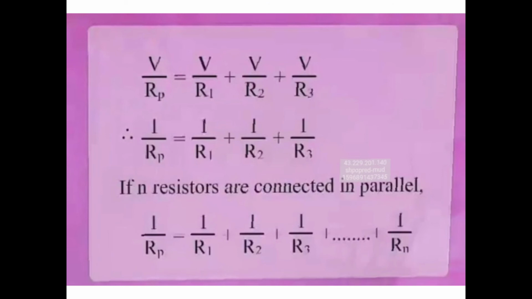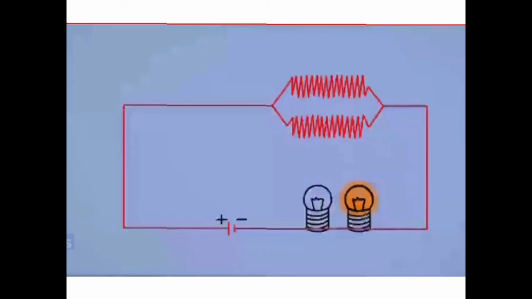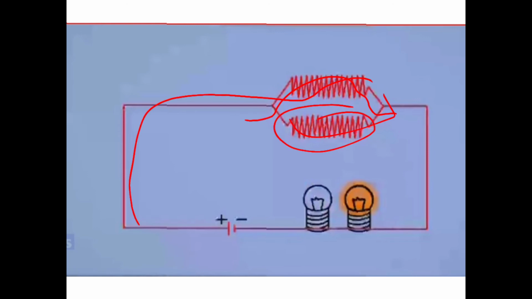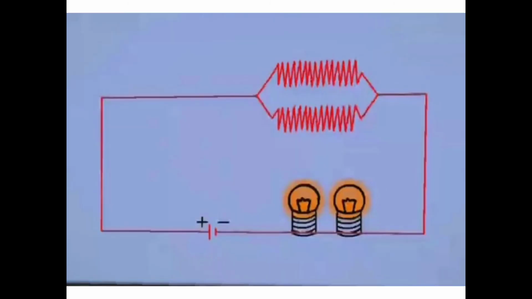So let us take some examples, children. See, when the bulbs are connected, they have some resistance and they are connected in parallel. So if at all any problem is there in one path, then all the electrons will pass to the second path and the bulb will glow. So here in this case, both the bulbs will glow, both will give light if there is no problem with the other bulb also.